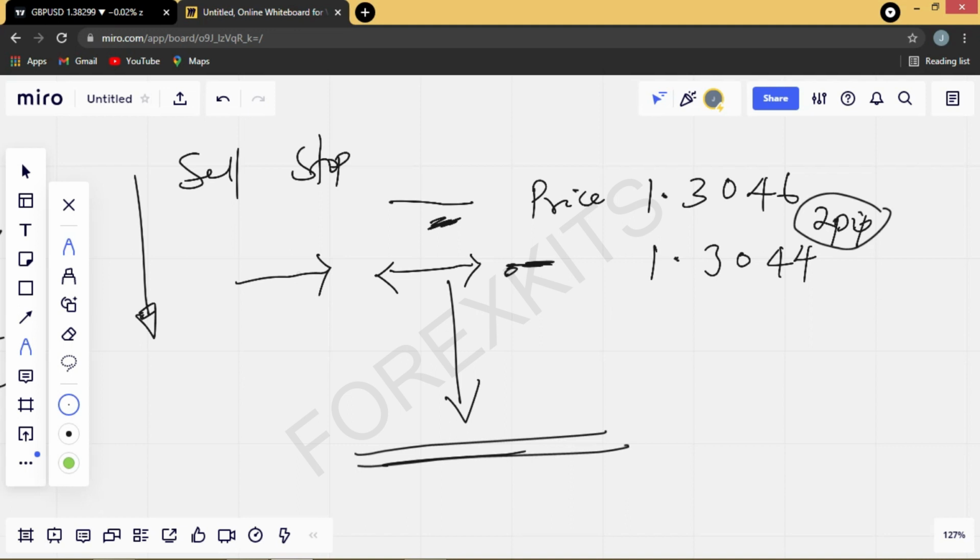Then you'd ask yourself, what are the uses of these pending orders? The real importance of pending orders is that they help you even if you are not sitting in front of your desk, in front of your PC, in front of your phone, because charting software, MetaTrader for example, is available on both mobile and PC, so you can get into a trade wherever you are in the world. So if you do not have the time to be looking at the market or the chart, and you believe that at these points, your area of interest, price is likely going to react a certain way once price goes to that level,